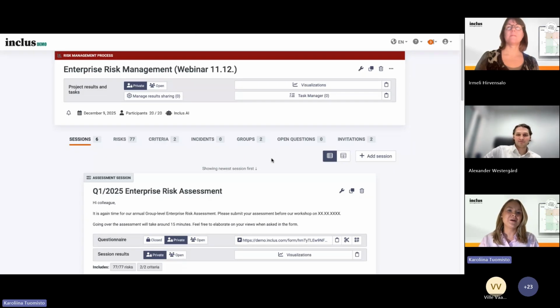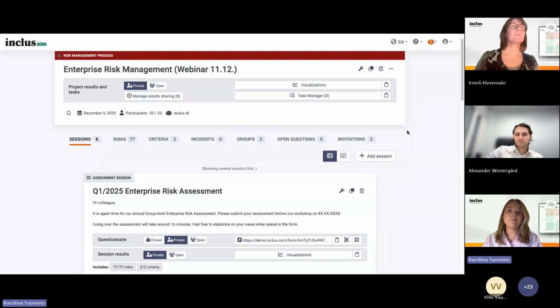Okay, so first I will be showing you how to make sure that you have the Inclus AI features enabled in your projects. You can check if you have this little robot over here, then you are good to go. You have the features switched on.